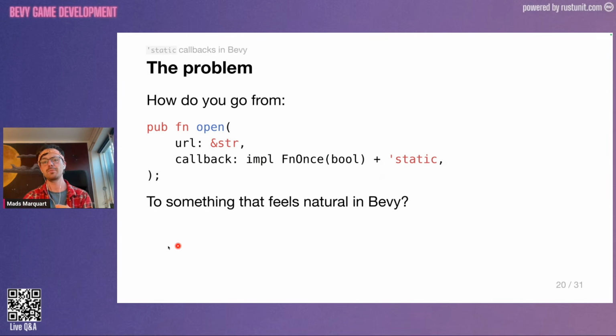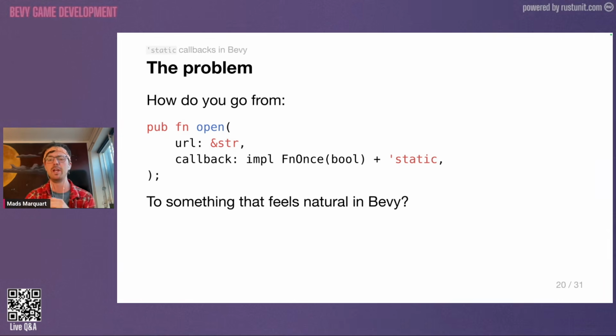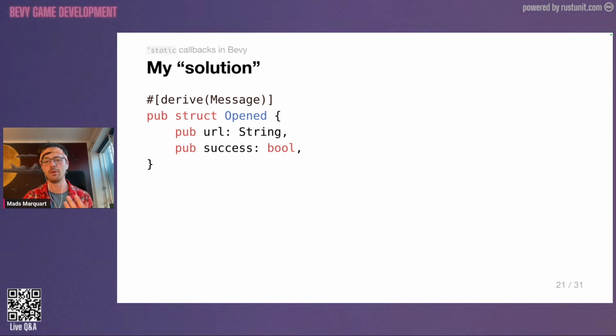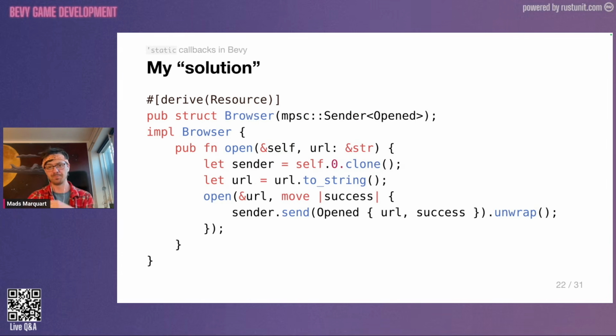And this is a bit hard to make nice in Bevy, I feel. The best way I found was to create a message where you pass the state of the completion, and then